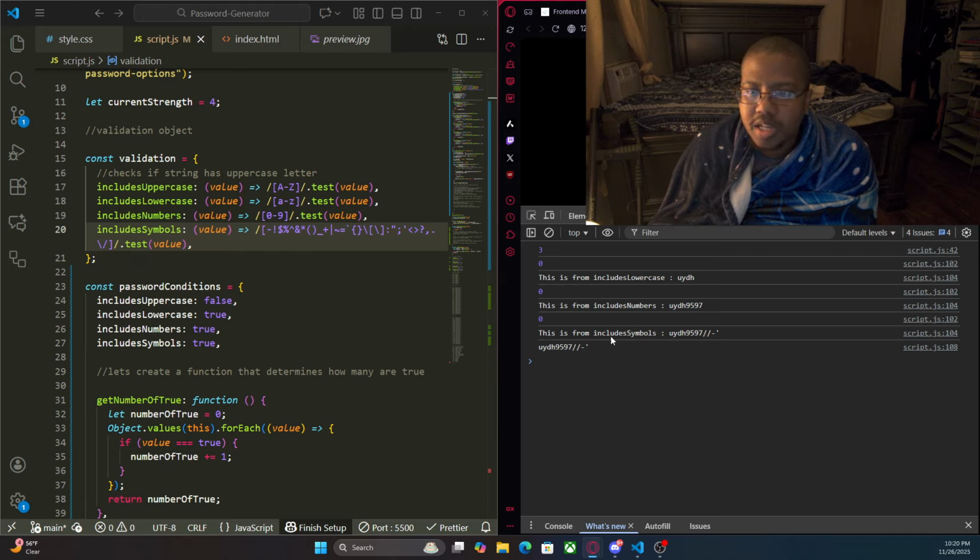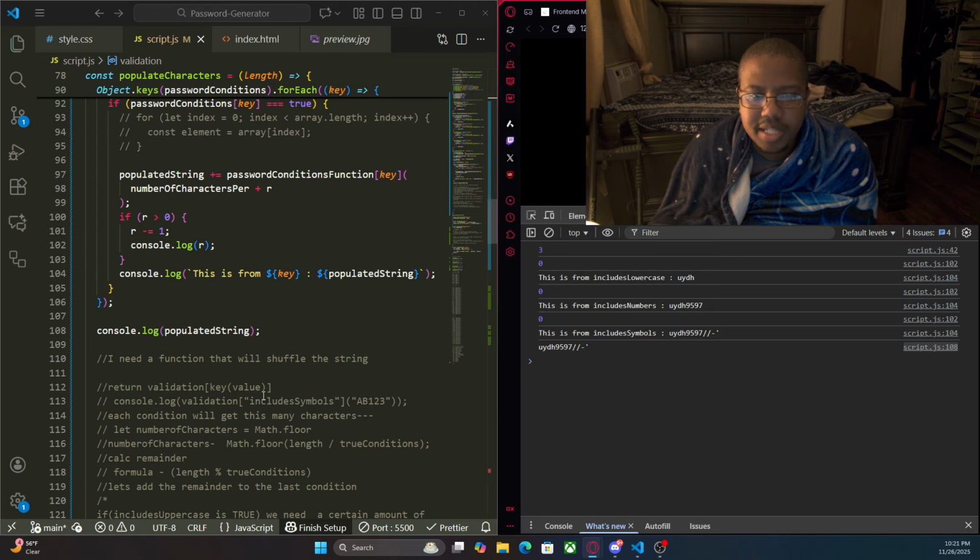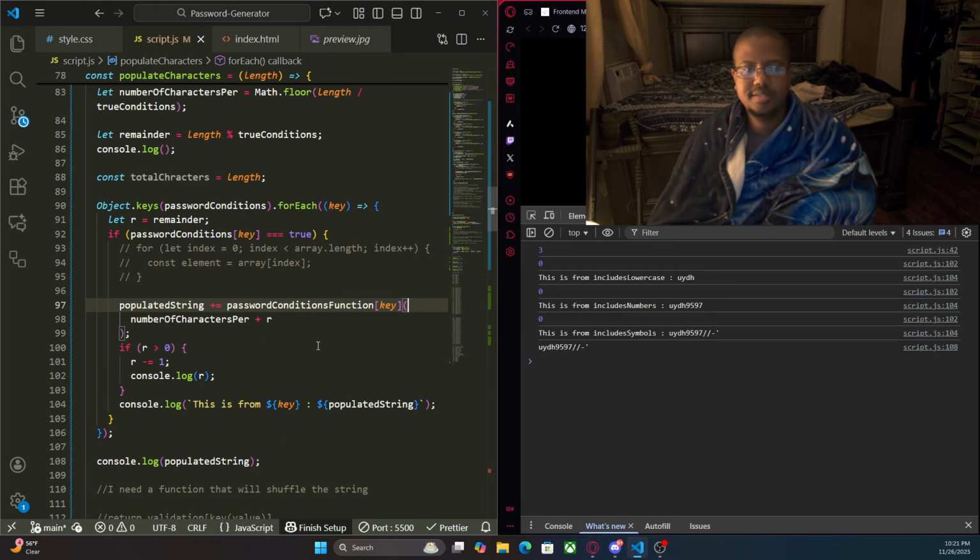We have 9597 added to it, and then we say this is from includes symbols, UYDH 9597 / hyphen comma, which then is 4 times 3, that equals 12. So we're way over. And the problem is the R. That R. And I'm glad that was going to